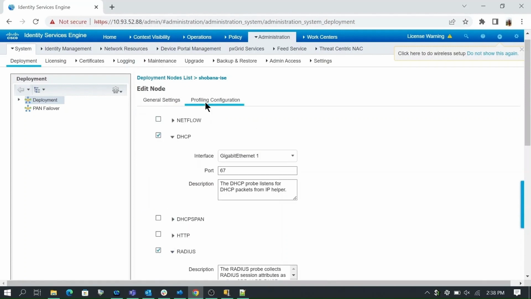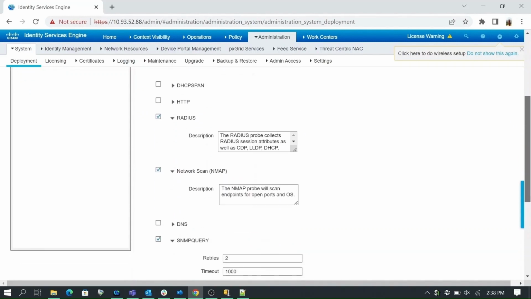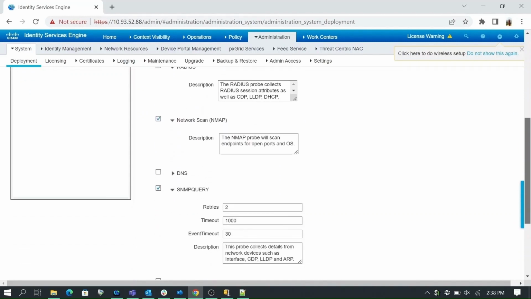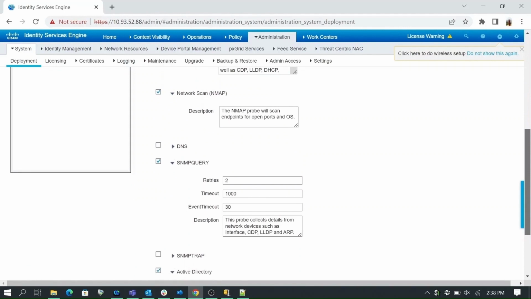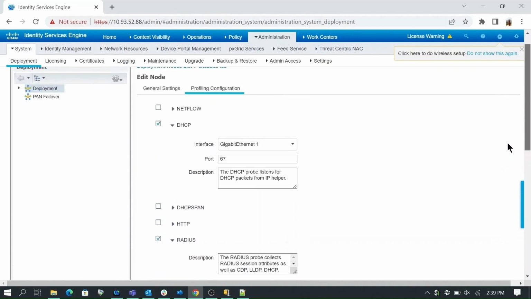In the profiling configuration tab, if you scroll down, here you will be able to see the SNMP query tab. It clearly shows the retry and timeout configuration. Based on the requirement, this can be changed. These are the default values. So next is